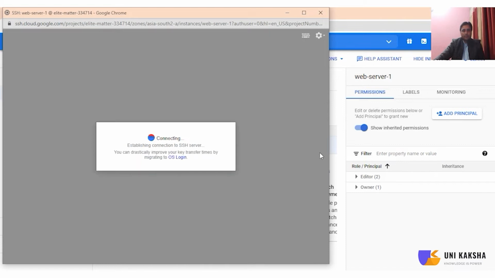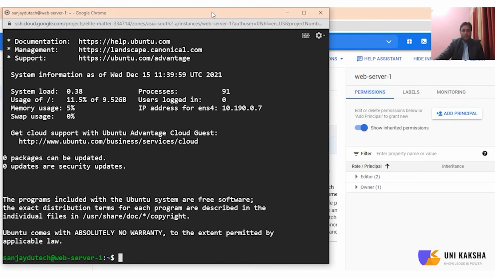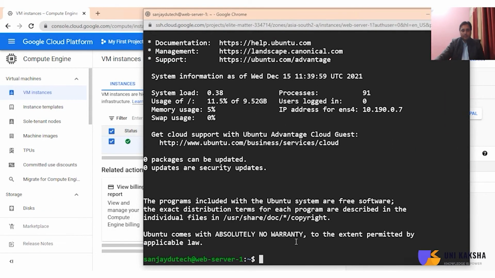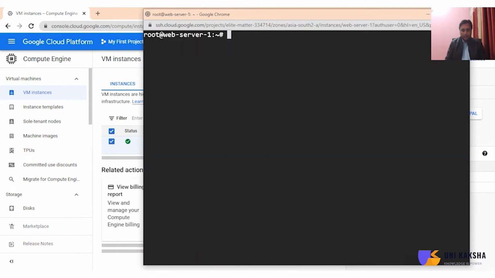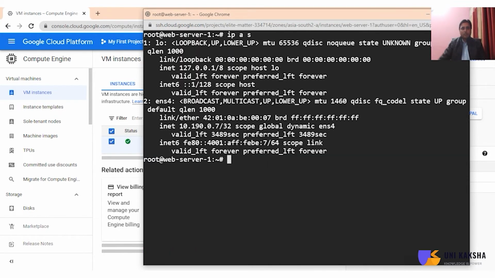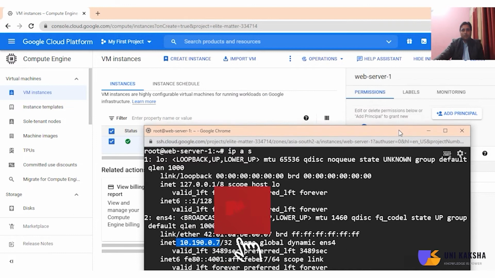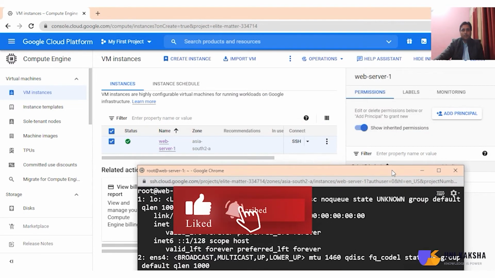It's going to connect. Please wait. OS is going to log in. Yeah. So you can see. Correct. So let me do the login. sudo su -, right? So if I hit the command ip address show, you can see this is the internal IP address, right? So this IP address is going to match with this,